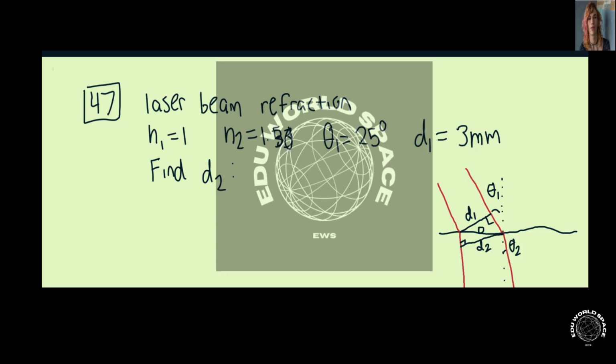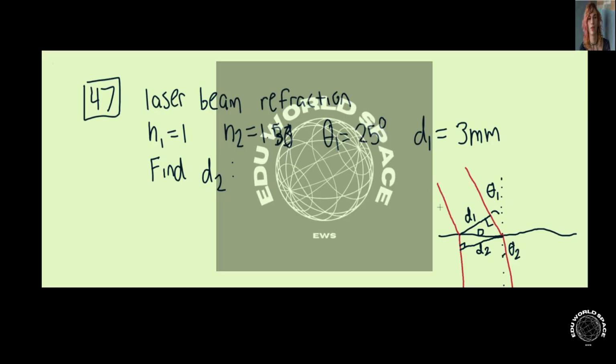So we're going to solve for this D2, and it's convenient to draw this picture of what's happening. So we have a beam with some actual width, and it refracts, changing its angle. So we have some incident angle theta 1, which becomes a theta 2, the refracted angle. But we also have a change in diameter of this beam, which is somewhat interesting. So I drew all the relevant trig that we'll need, and we'll have to just apply it in the correct